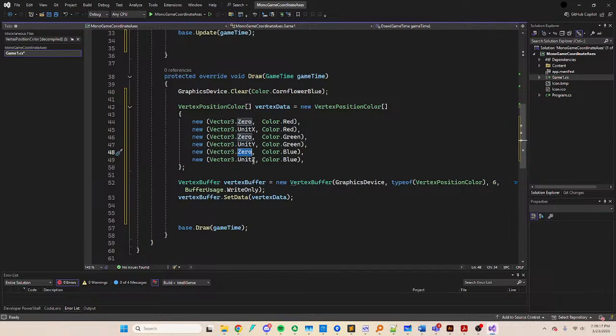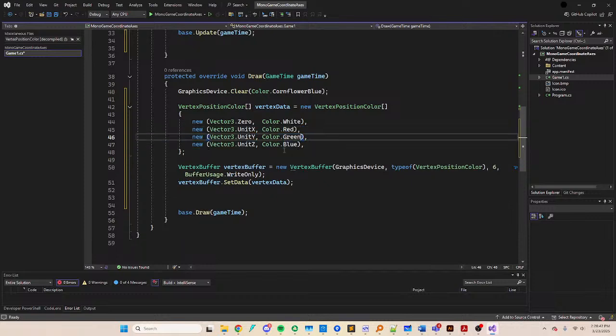One thing I could do to save on the amount of data I send to and store on the graphics card would be to just use a single origin point. The problem is I want different colors for those. So because I want to differentiate the green line, what I could do is I could say we're going to make the origin white, and then I'll just remove this and I'll remove this,